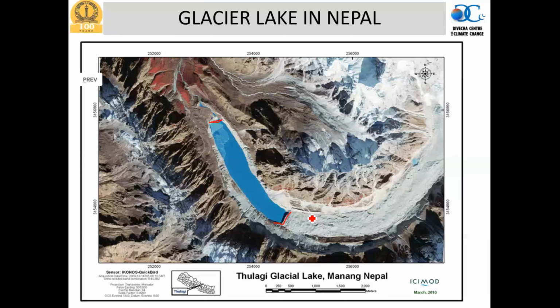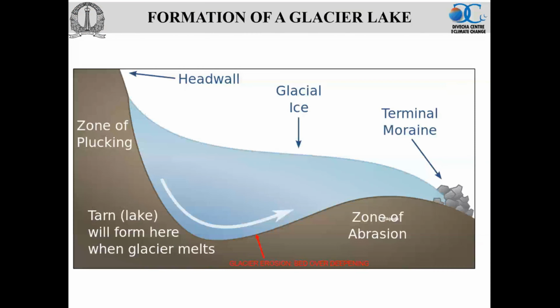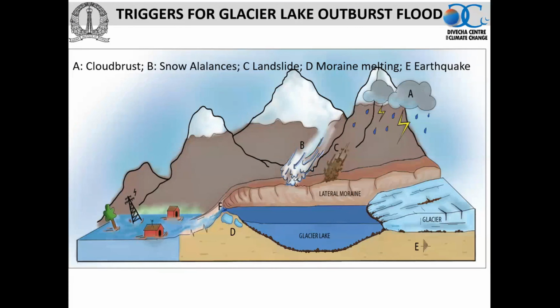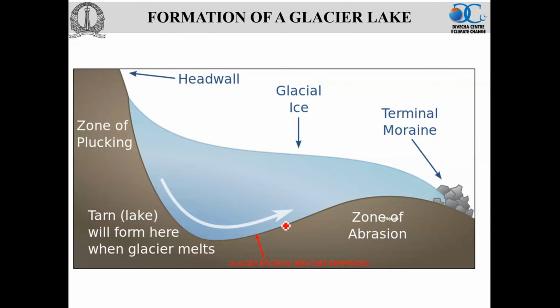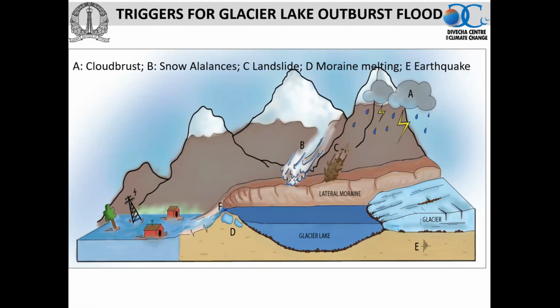So this is another lake in Nepal. You can see there are numerous. So we have looked into this phenomenon, why glaciers are retreating, why lakes are forming. We have discussed this issue quite in depth previously. But how does it get triggered? There could be various reasons